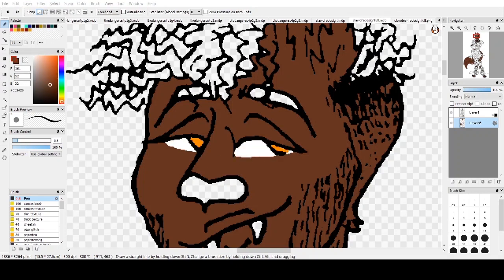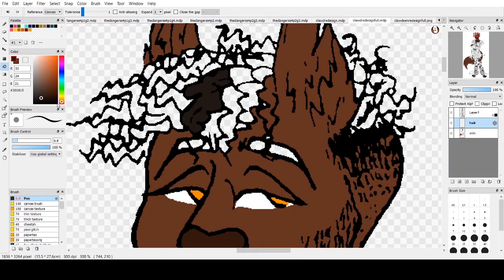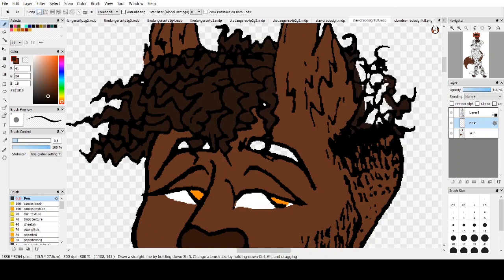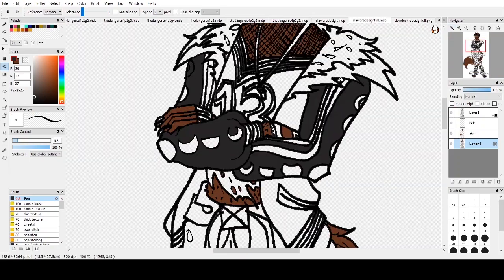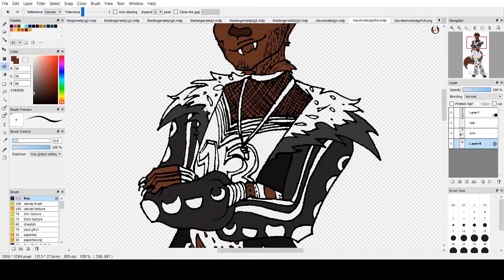Whenever there's a little bit of skin poking through, I made sure to have it be sort of a rough line to indicate fur. And of course, I went with the same golden eyes as Clawdeen, and I brought the wolf nose. And for his hair, I decided to do a black color, because I imagine Clawdeen's natural color is brown, but she's the type of person to dye it a lot. So with Clawd, I wanted him to have a very natural hair color to tie into that sort of woodsy werewolf